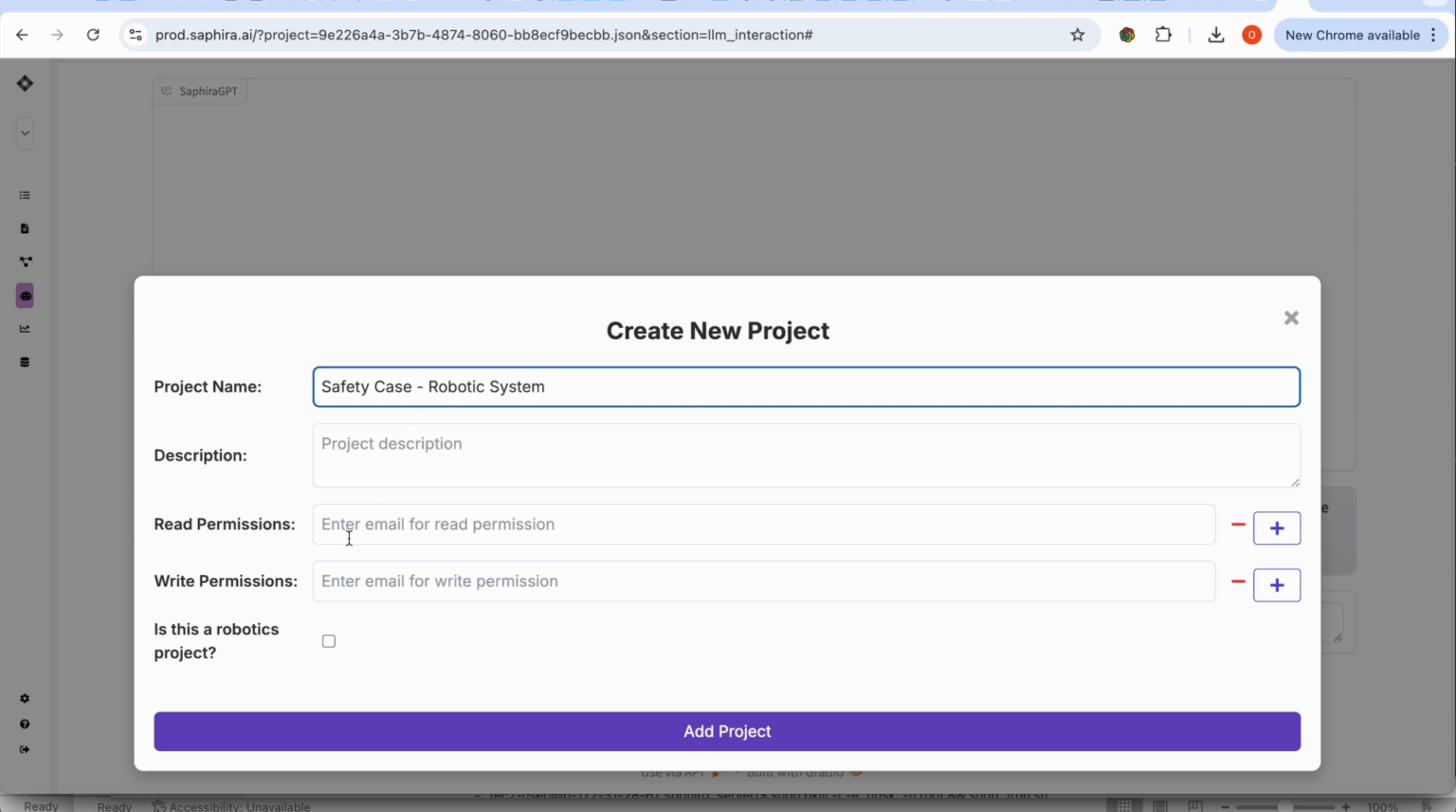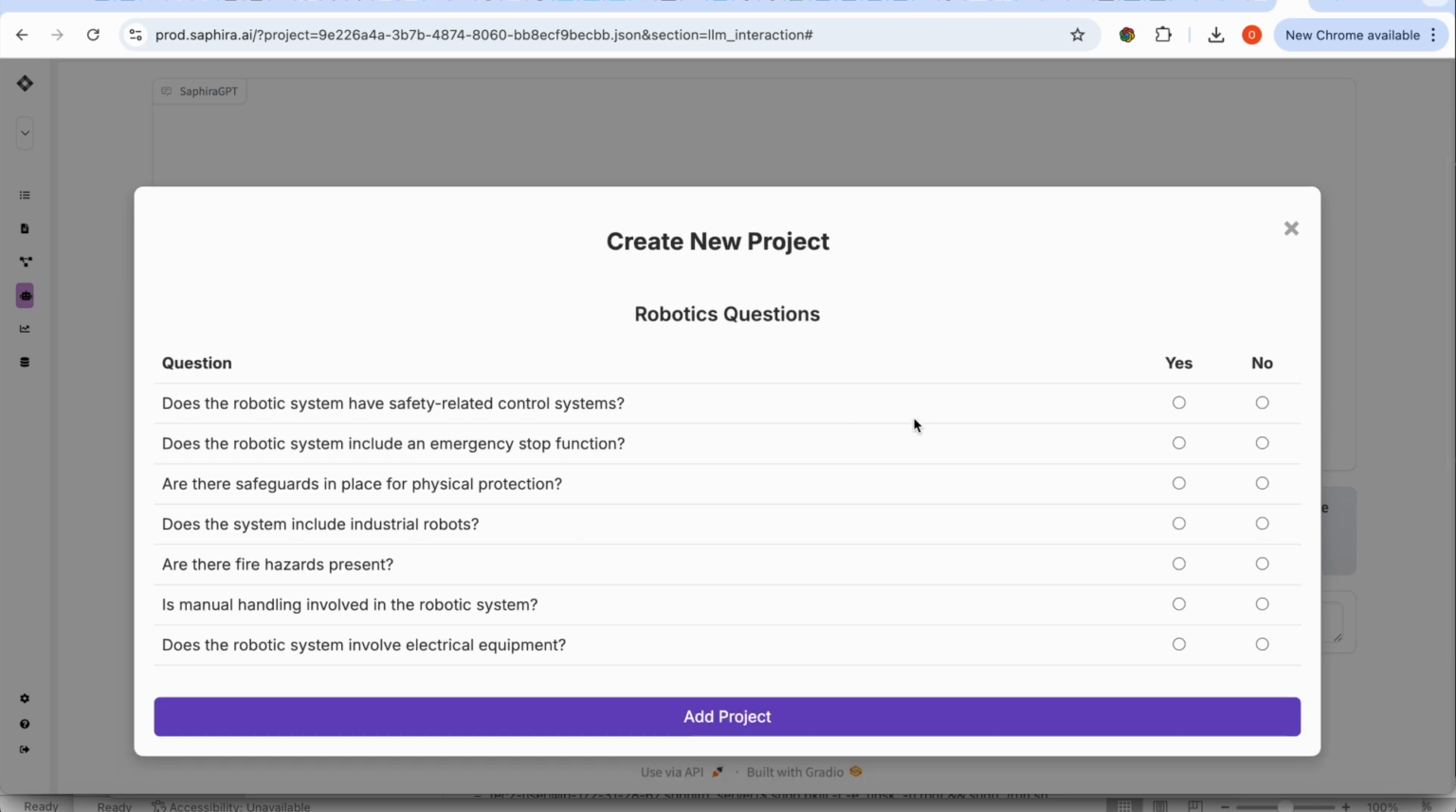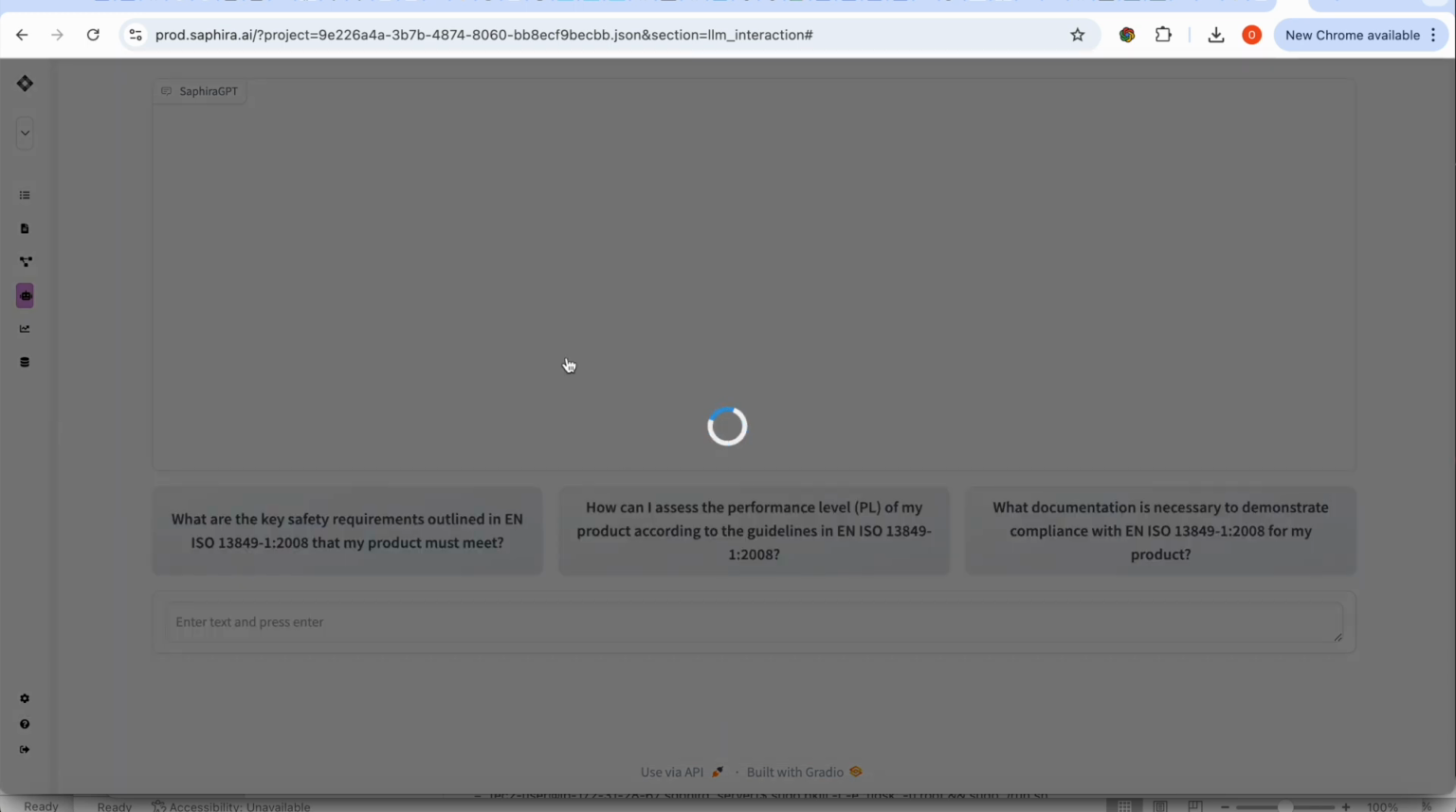project. So we have some out-of-the-box configuration that allows you to easily develop and build the safety case for a robotic system based on a simple checklist. In this case, we'll select that the robot has safety-related control systems. And when we click Add Project, in the background, our AI agent will actually go through, select the use cases and templates that are most pertinent to building out the safety case here, and actually pre-populate that for you as